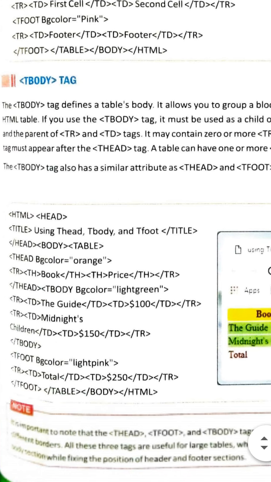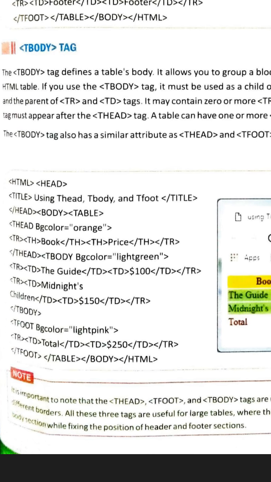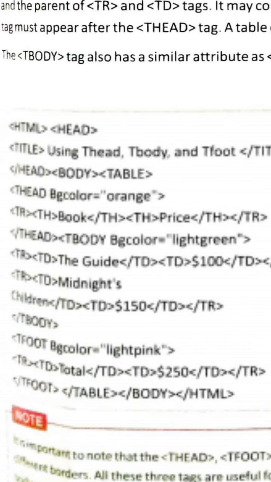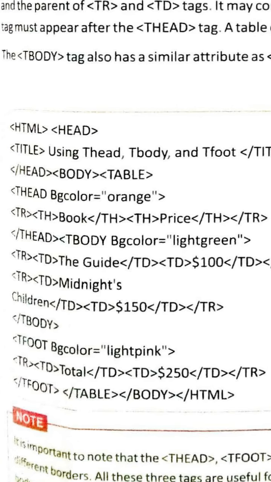Next, T body. As we have defined T head and T foot, in the same way T body is also there for defining the body of the table. And you can see the T body BG color is given light green, and in this you can define the data.